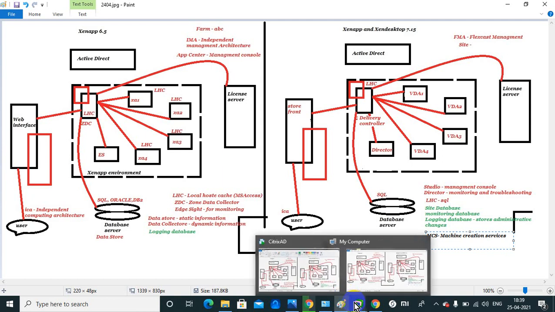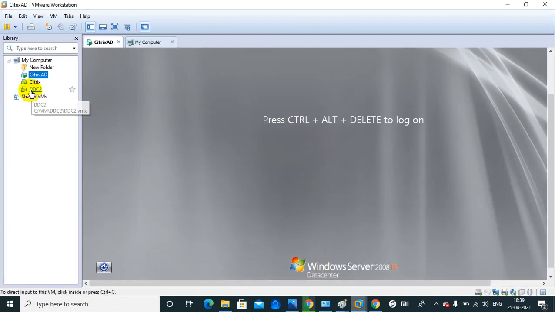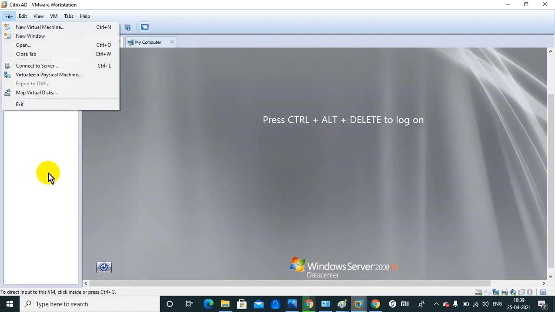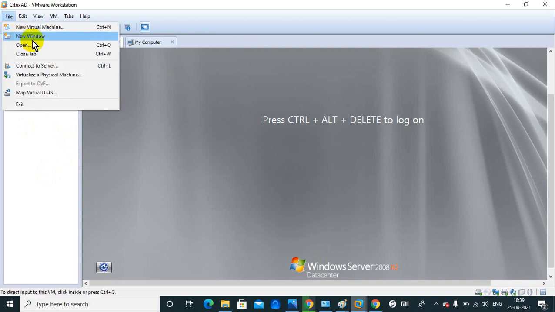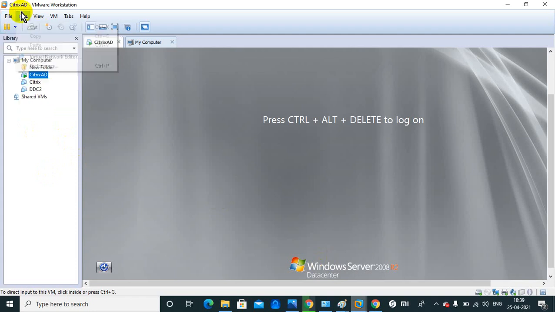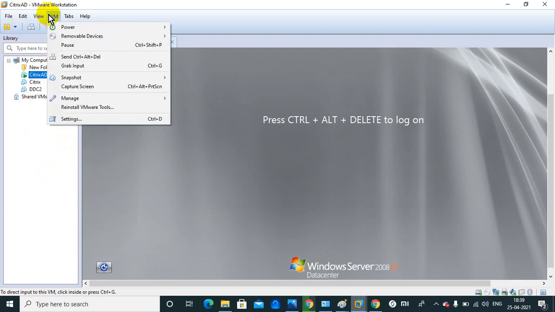Rather than that, one option is here in VMware, we can create the template. Suppose I have installed this machine. Okay, installation is done. After that I can go to the options, and from here I can create a snapshot or a template in VMware.